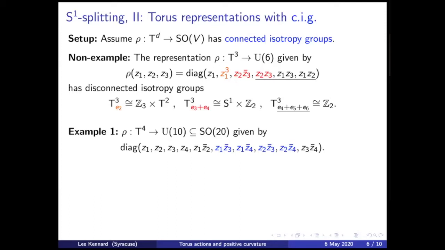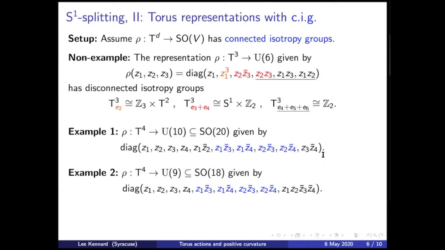I want to next give you an example, since these things do exist, of course. Here's an example for T4, and I'm writing it inside the unitary group, again, for notational reasons. This is a lot of representations, but here I'm just taking Zi, and over here I'm taking all Zi, Zj, where i is less than j, and where I'm putting a conjugate on the second piece. You have to be careful with the conjugates, as this example shows back here. But it turns out you can work out the equations. All isotropy groups here are just circles, T2s, T3s, and connected subgroups.